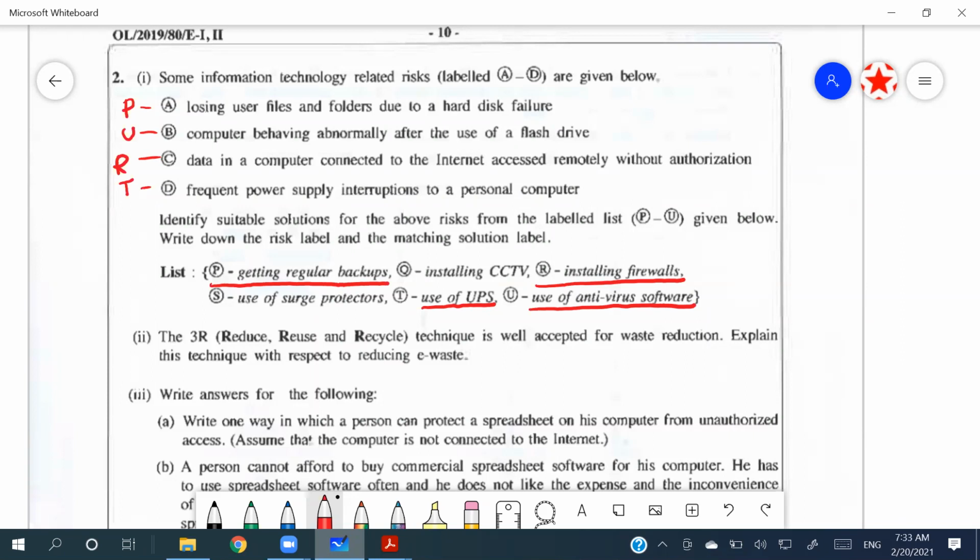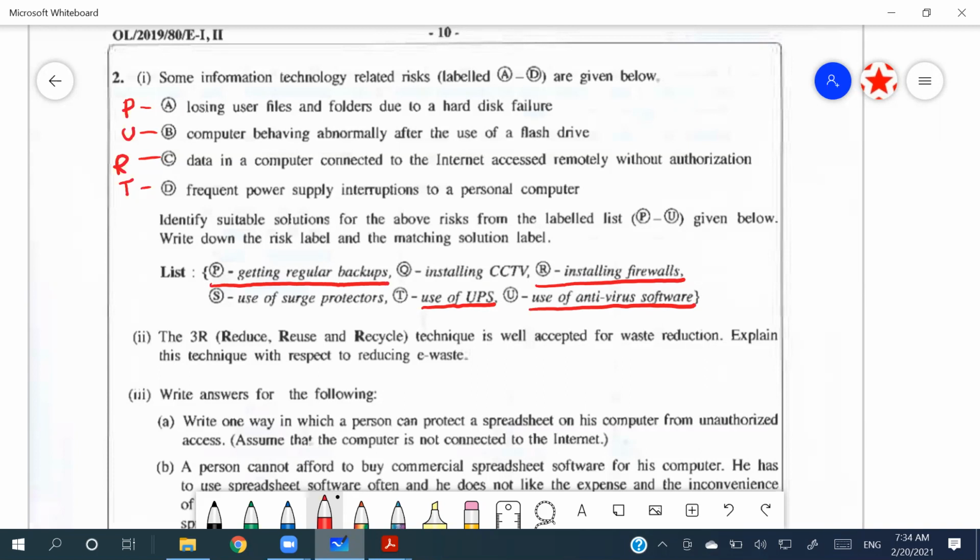Without buying new things, if a device can be used further, we are going to use it as much as we can. So we are reducing the usage of electronics or electrical things,